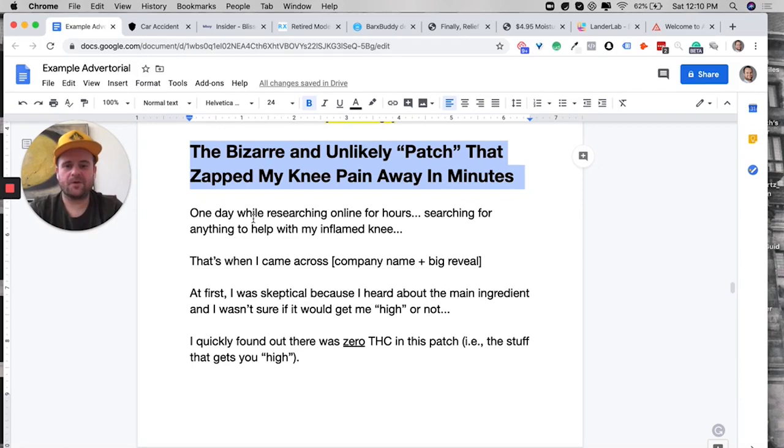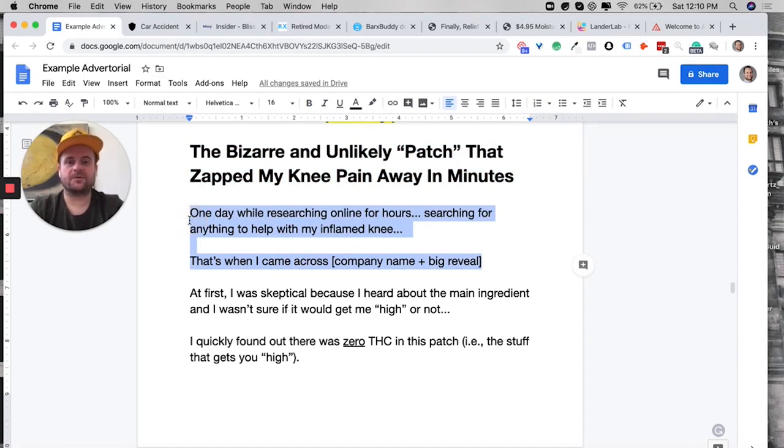Now, one day, while discovering and researching online for hours, I switched this. This is kind of like my placeholder. It's how I found out, but I'm switching this for this demo. And this is good to know for the research part and why it's so vital. And I wouldn't have found out about this if I didn't get on the phone with an